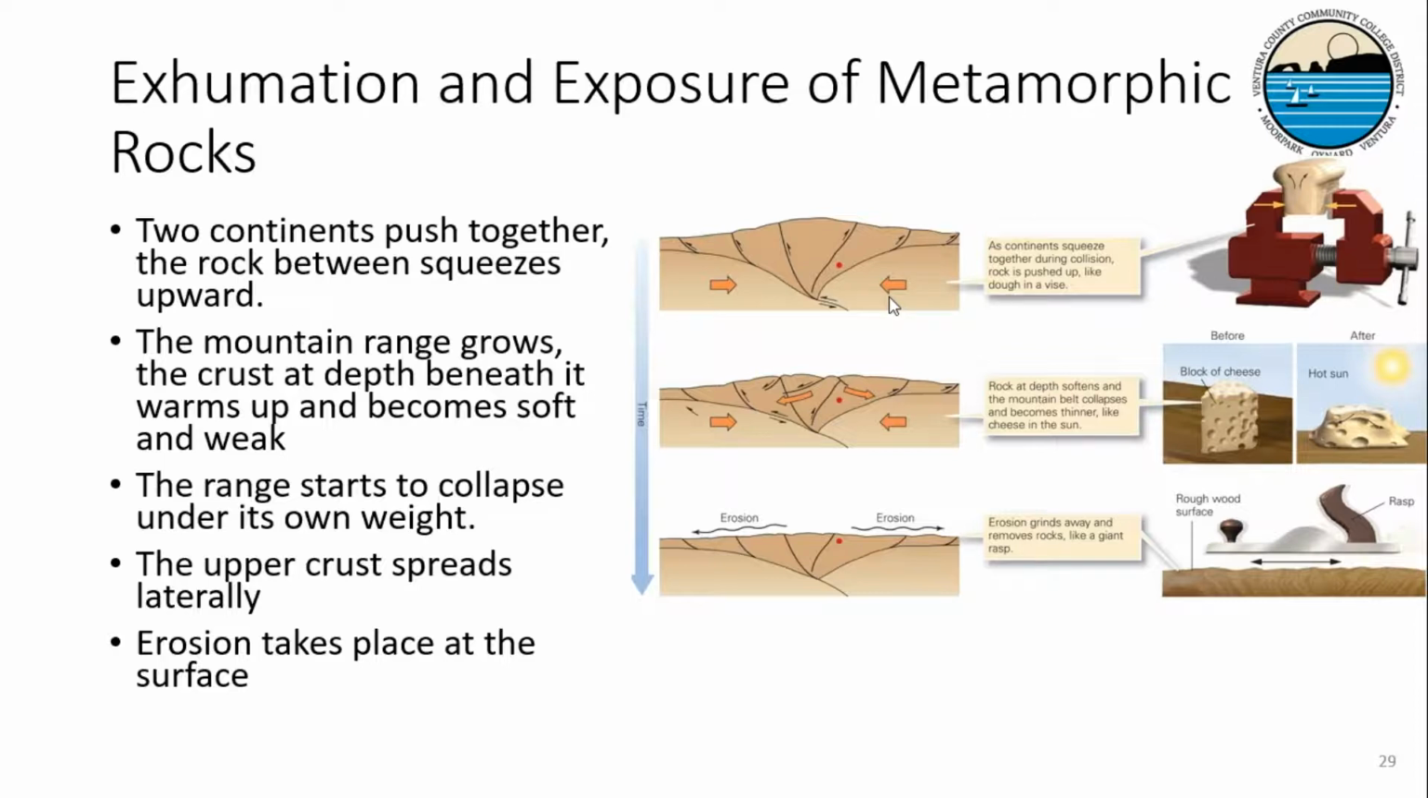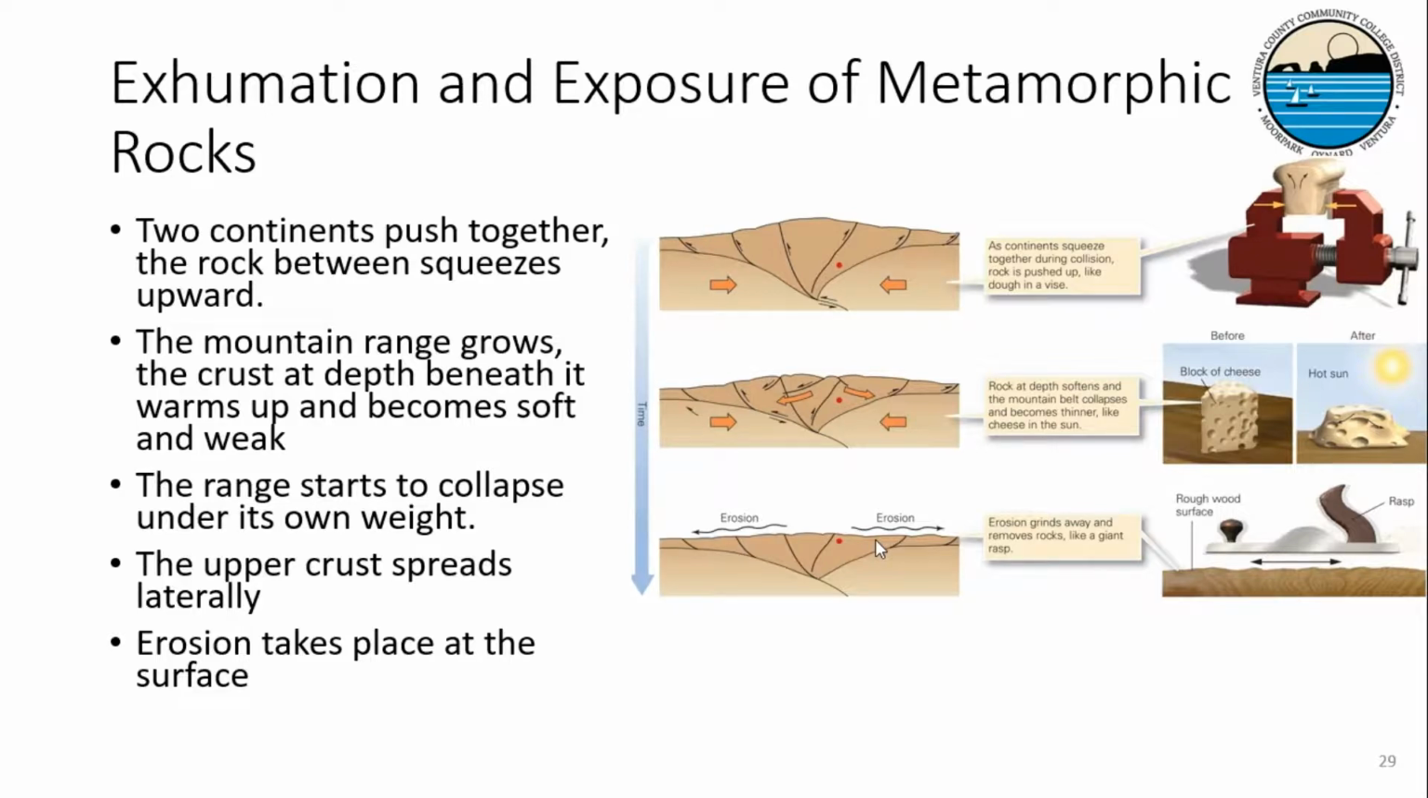We have an example of, say, a mountain range growing, and the crust at depth beneath it warms up and becomes soft and weak. And as the range starts to collapse under its weight, the crust spreads laterally. And then, of course, we have erosion that takes place at the surface. So this whole exposure of metamorphic rocks